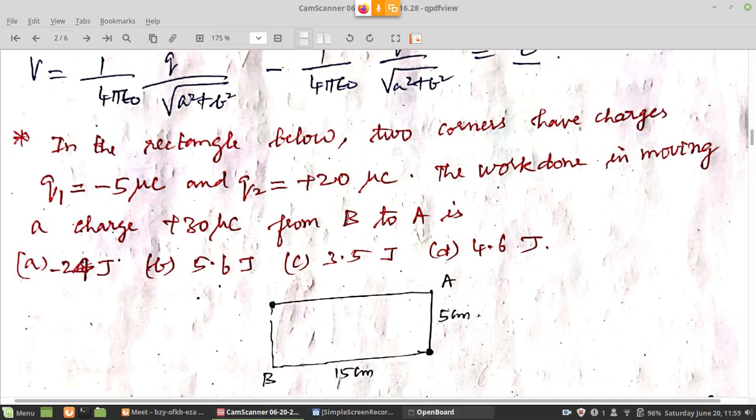Okay, I think first of all, what you have to do for this is charge times voltage. We know that W is always Q into V. But here, what is the potential? Potential is the difference between the 2 points. We are taking the charge from point B to point A. If we take the charge across the diagonal, we first need the potential difference between these 2 points. So all you have to do is calculate the potential difference between B and A first. Then multiply that with the charge, then you will get work done. So now calculate the potential at A, VA. Then calculate the potential at B, VB. Then you will get this thing.